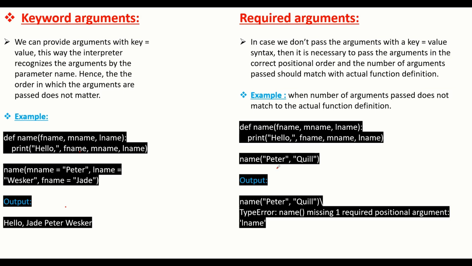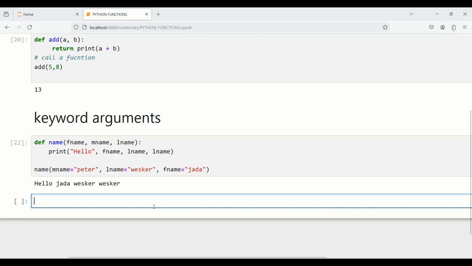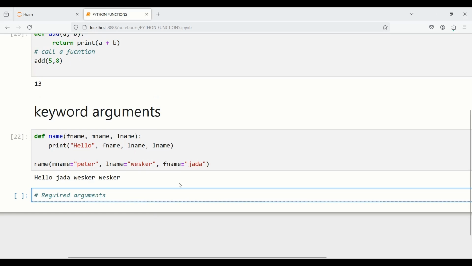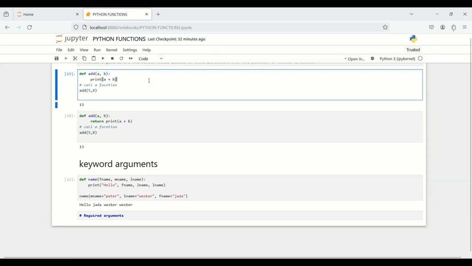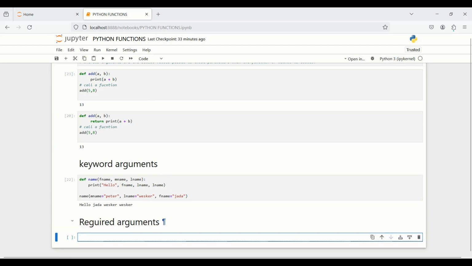So here no default arguments. This type of arguments is called required argument. So here we will write our code, give the heading required arguments, so example 1,